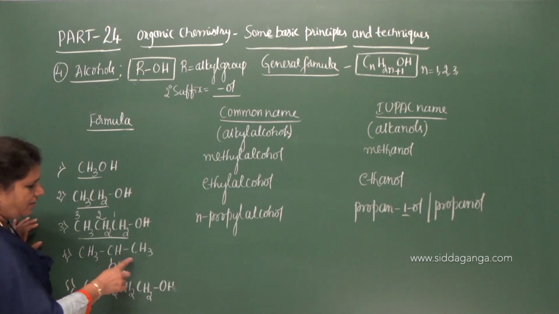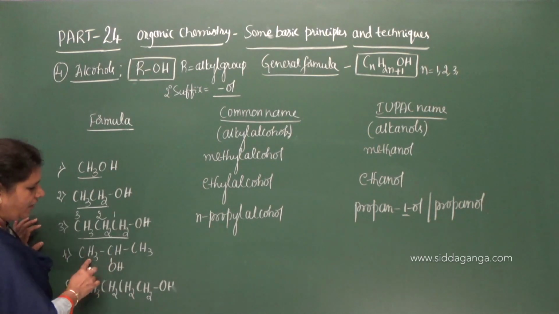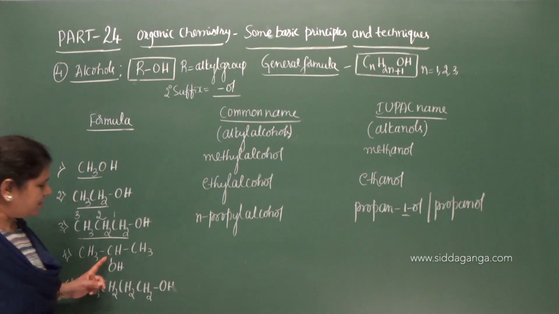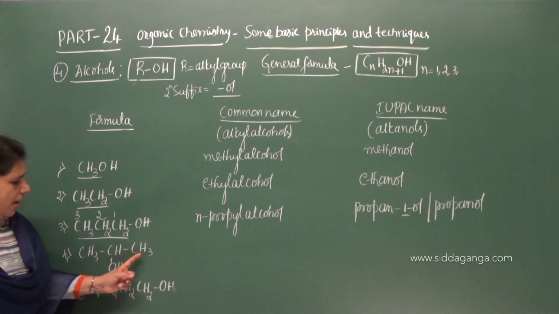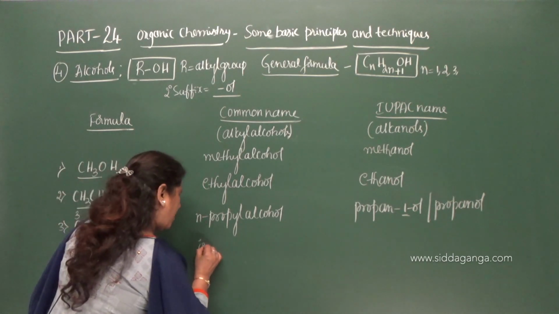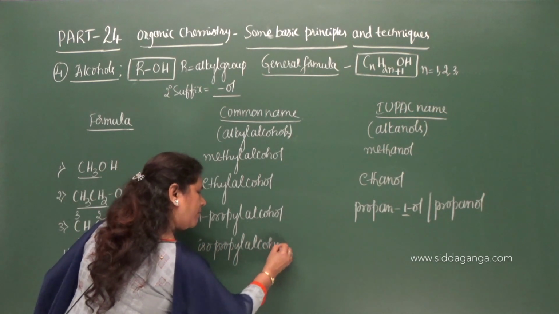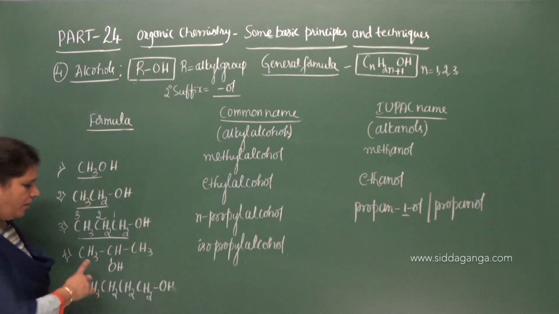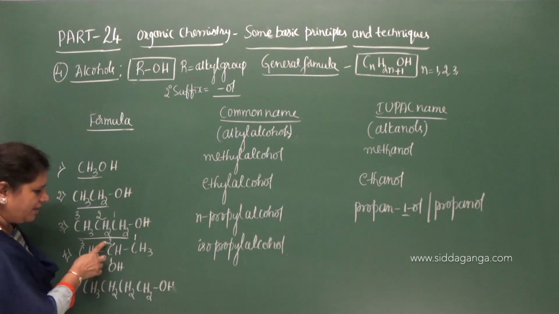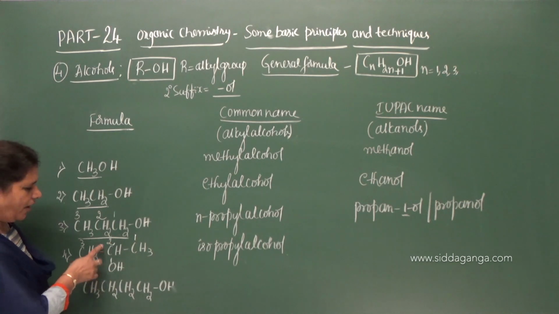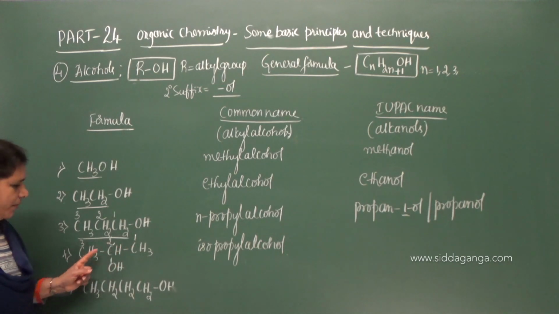Now, what is this alkyl group? CH3, CH, branch CH3. Then 3 carbon atoms are there, but it is branched here, and hence the name of the alkyl group is isopropyl alcohol. Very important, isopropyl alcohol. Now you select a carbon chain and give the numbers 1, 2, 3. Propane. At the second carbon you have the OH group, and therefore the position of the OH group will be on the second carbon. Therefore, propane 2-ol.